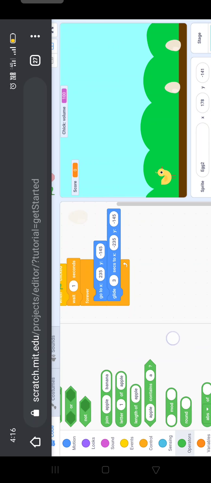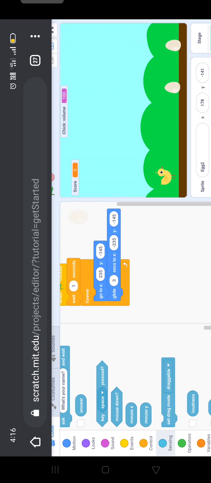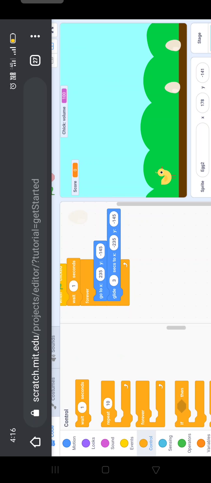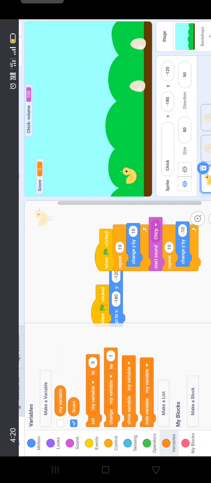For that, go to here, we are going to made a score variable, and we want to set the score by 1. That we are going to take here, change score by 1, and we have to drag it to here.